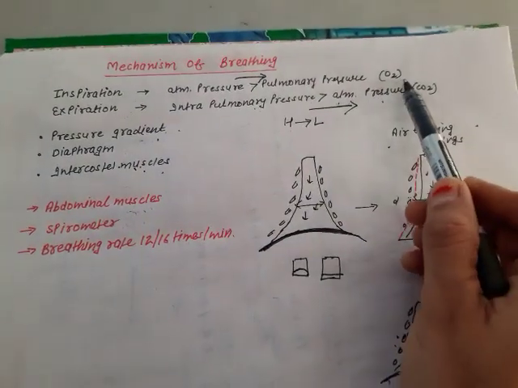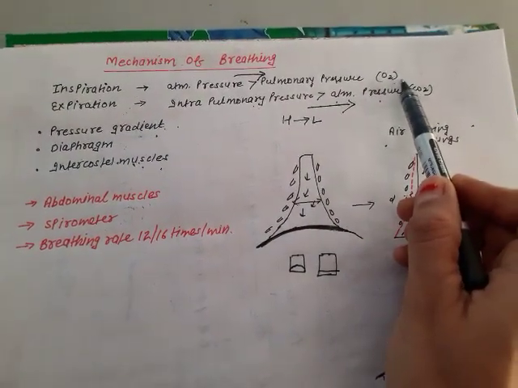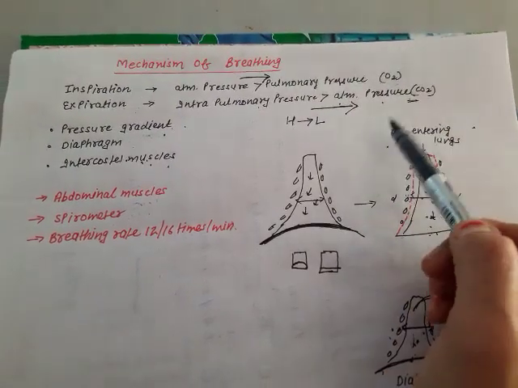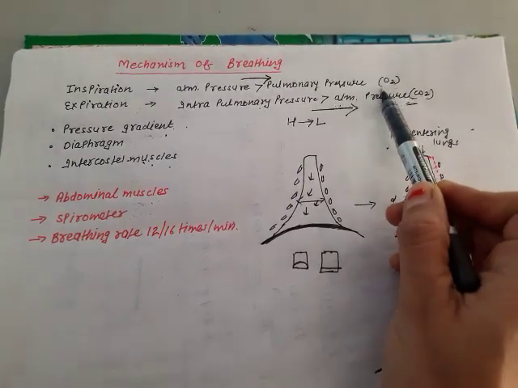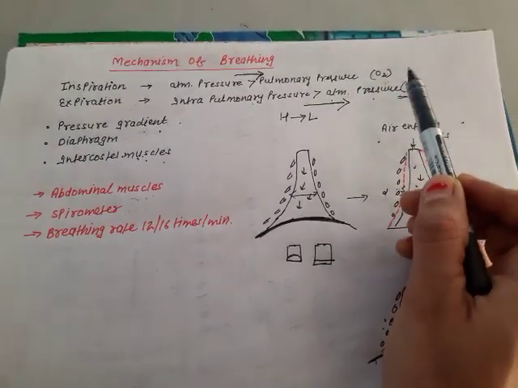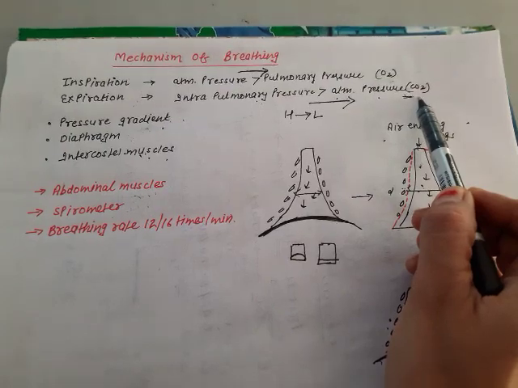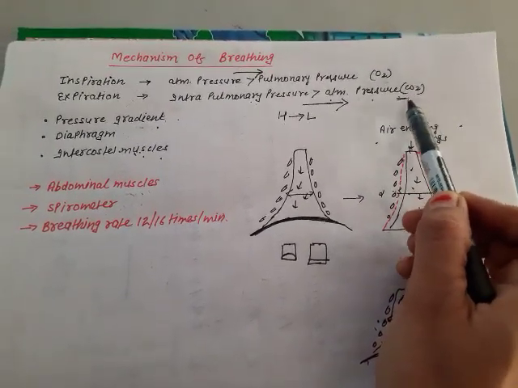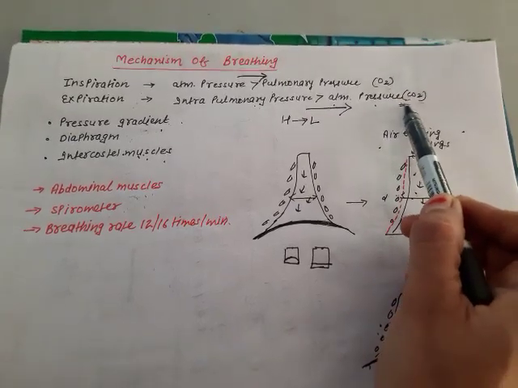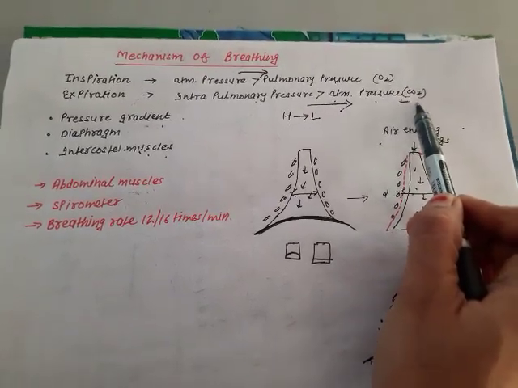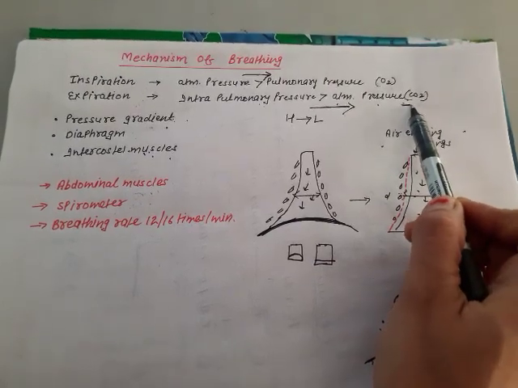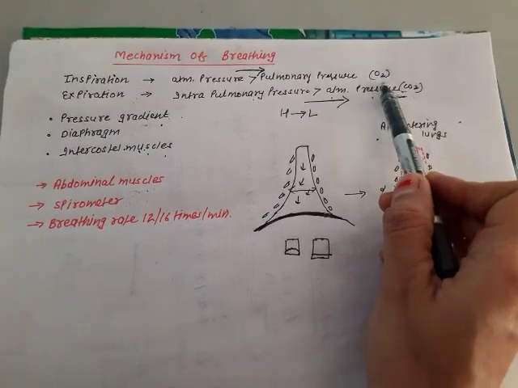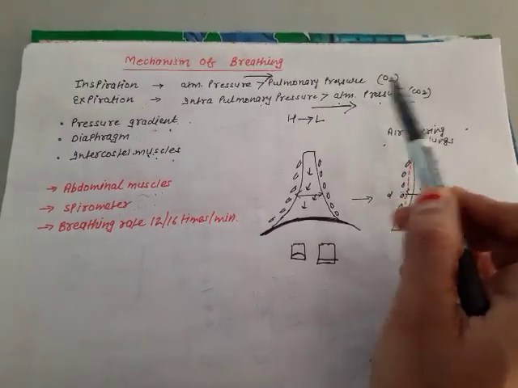Now the pressure of oxygen is very less inside our tissue, but the pressure of CO2 is more inside our tissue. Why? Because our body utilizes oxygen for the breakdown of food, but CO2 is released as a byproduct, and various metabolic reactions taking place inside our body also release CO2 as a byproduct. So obviously there is high concentration of CO2 inside our tissue, but low concentration of oxygen inside the tissue, and